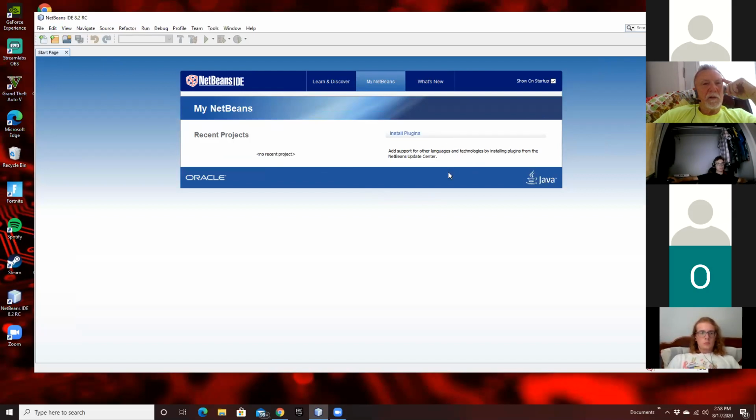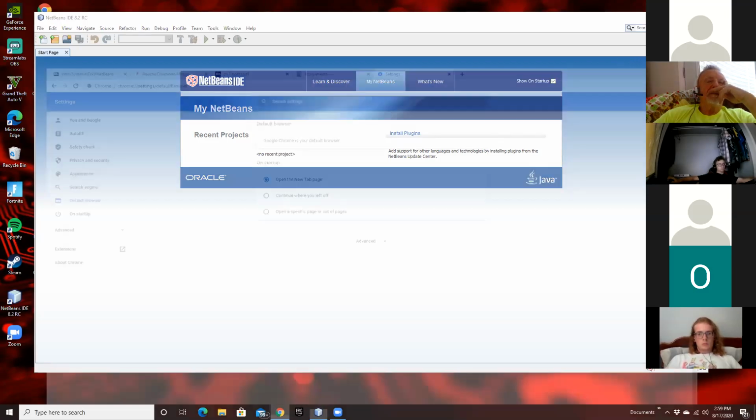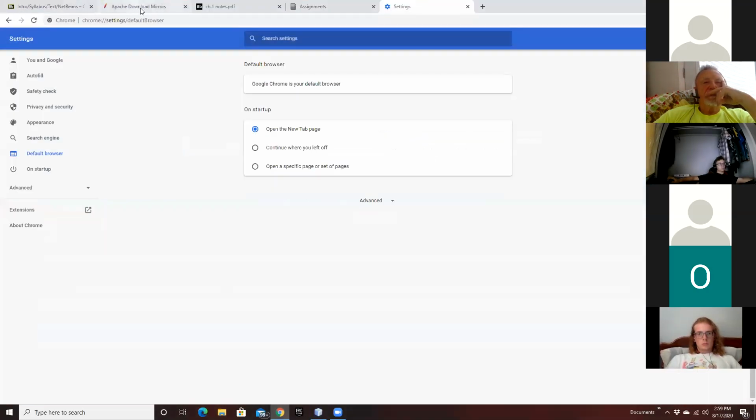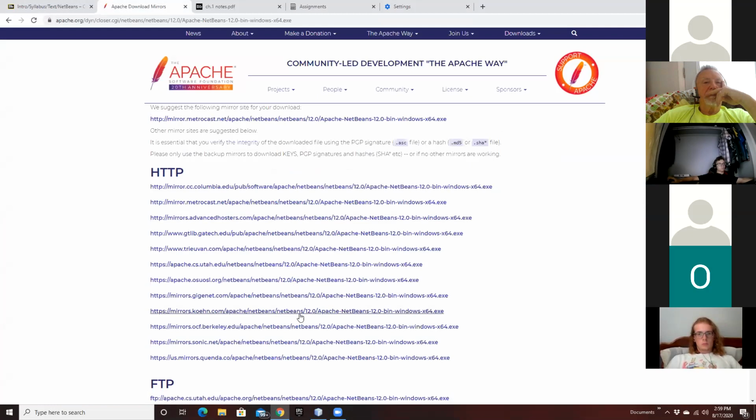I think you have a different version of NetBeans. Oh, you got 8.2 running. That's probably the problem. I don't think the latest version of Java will run on NetBeans 8. Yeah, it probably is. You need to install a newer version of NetBeans. Newer version? Yep. Right when you get on the site, it should tell you, hey, this is the new version. The ones that say NetBeans 12.0, that's good. This one? Yep, the top one. Okay. Just run through that.